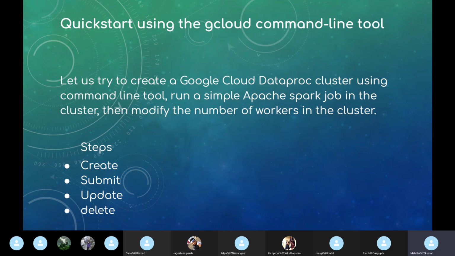We will create a simple Spark job, printing the value of pi, and then we will modify the number of workers in the cluster. The steps involved will be creating, submitting, updating, and deleting. If your billing information is set up, you can also try this.